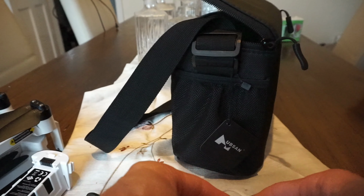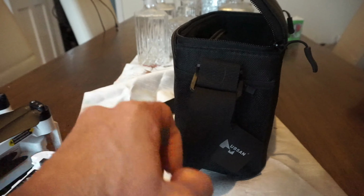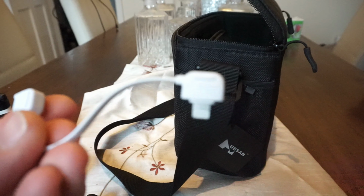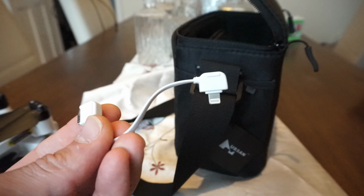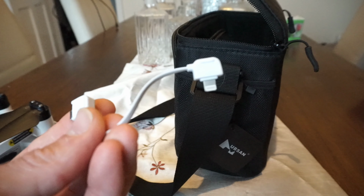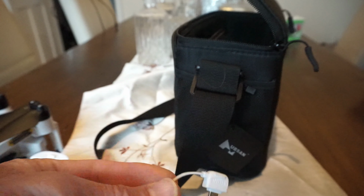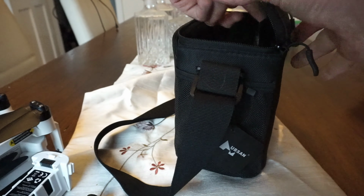You also get 3 leads. You get an Apple lead. That's a basic Apple lead, Lightning connector. Yeah, so that's that. You also get a micro USB, but you also get a